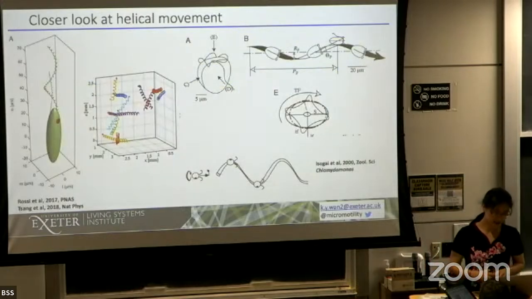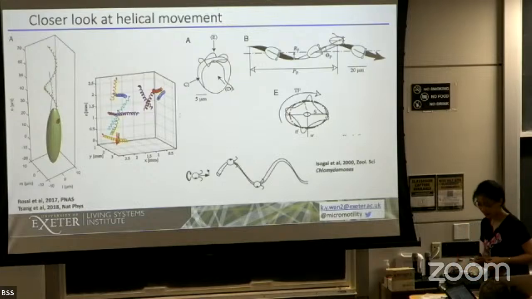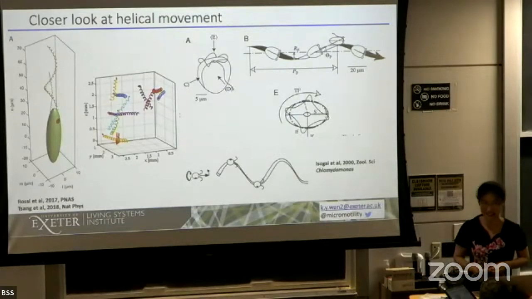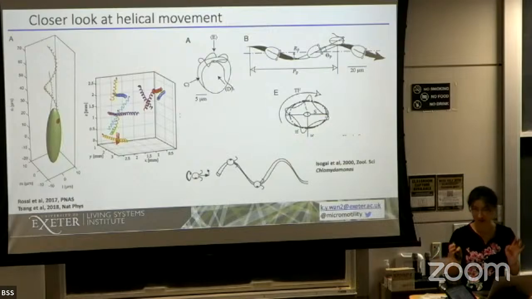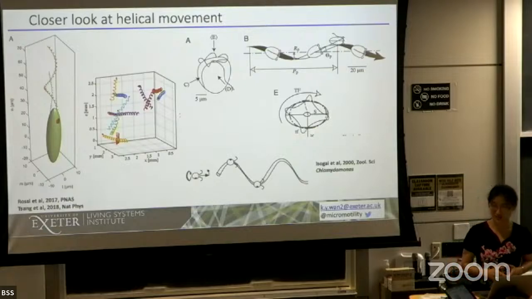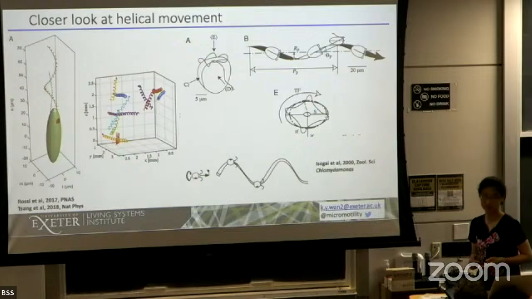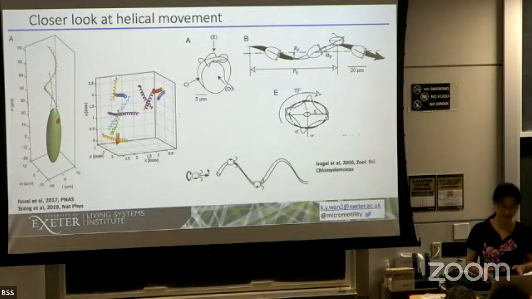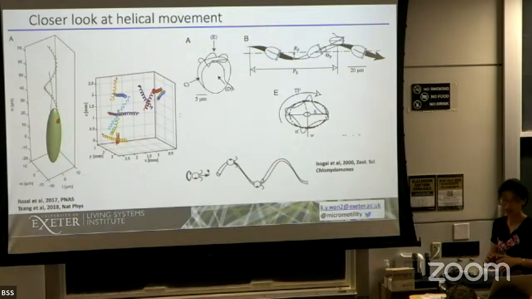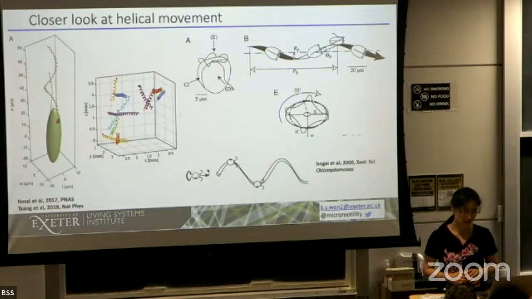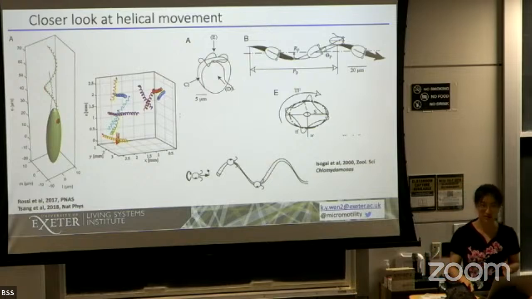Okay, so helical swimming in particular is highly prevalent in nature across all scales, actually, especially in aquatic movement. One question you might have is, how do different organisms generate helical movement? And often when you track the trajectory, either in 3D or looking at two-dimensional projections of the three-dimensional trajectories, these look very much